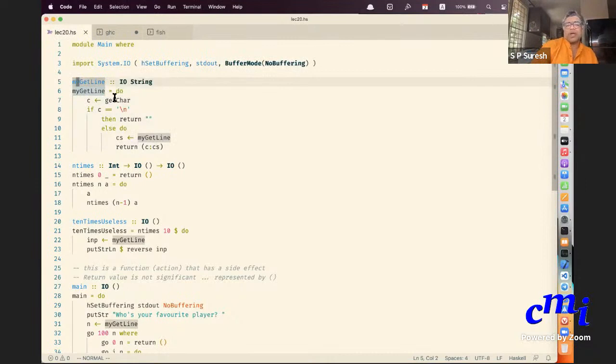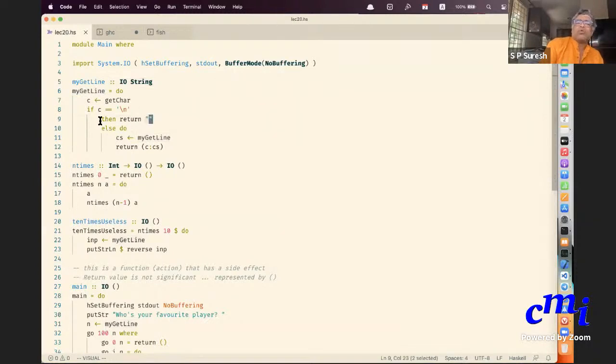You first get a character. If the character is the newline character, which is just some ASCII code for go to the next line, then you just return the empty string, because that is where your line ends. Your line ends when the user presses enter. Then you return an empty list.